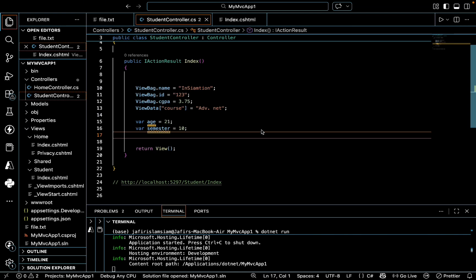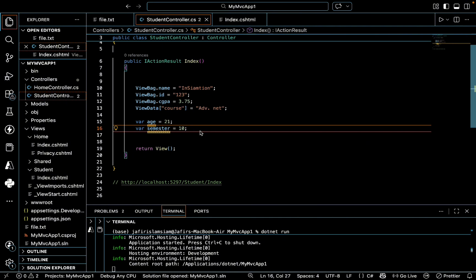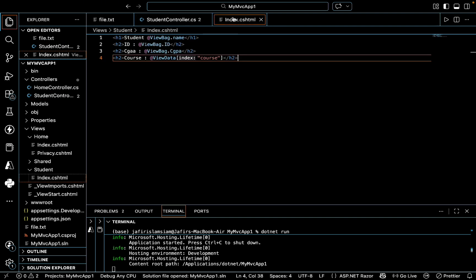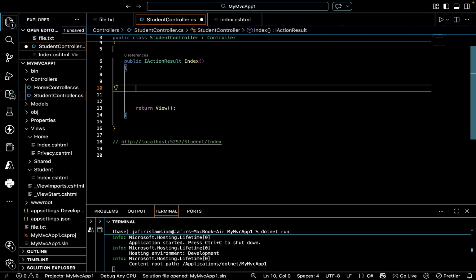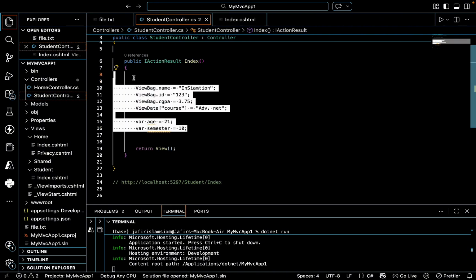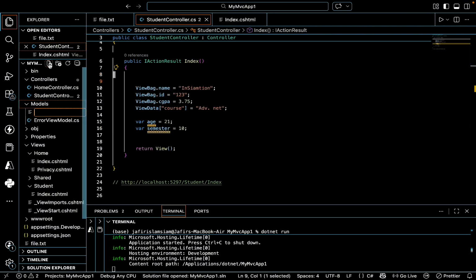In the last video, we have seen how model binding works. In this video, we're going to use the concept of data parsing, and we will solve a real-world problem and create a beautiful UI using MVC .NET Core and the Razor views. So until now, we have seen how we can parse data using ViewBag and ViewData and the model binding. Now instead of sending data like that, we'll create an object, a student object, a student model,